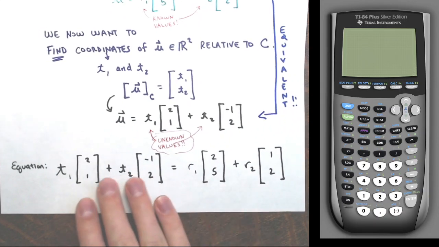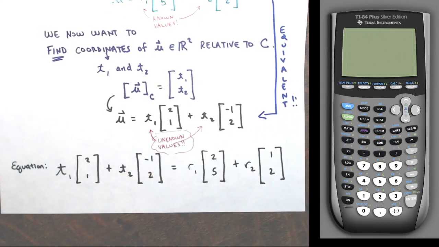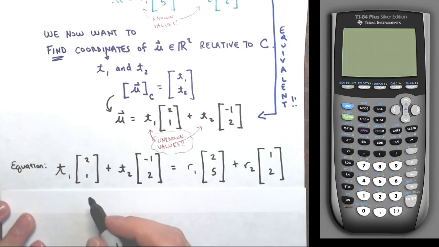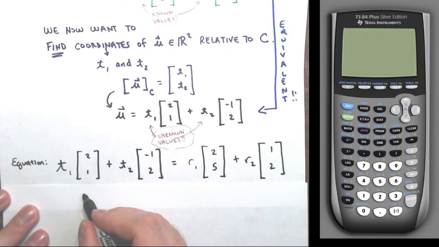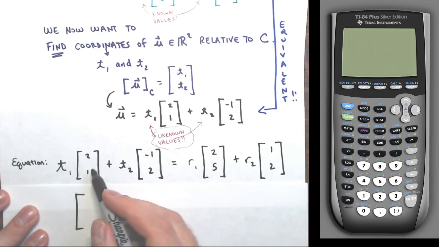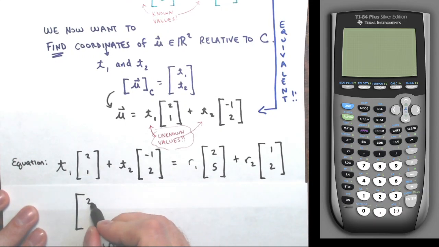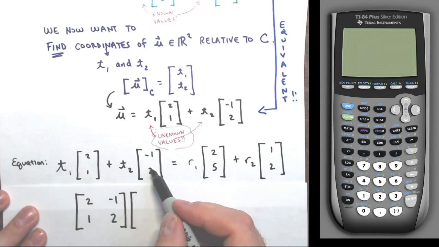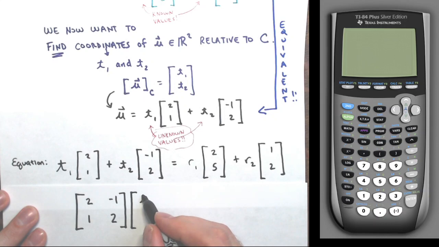Remember, a linear combination of vectors can be written as a matrix product. Right, like this, if you recall. It's been a while maybe, but this left side is the same thing as this statement. The columns here make a little matrix, the columns of a 2 by 2 matrix. And then I've got the coefficients of t1, coefficients of t2, times the variables t1, t2,